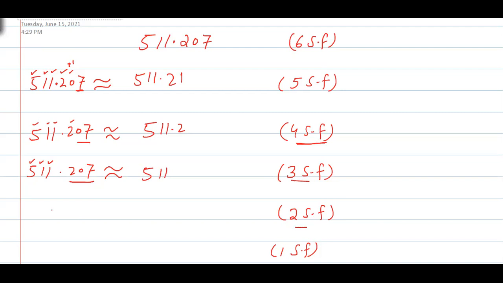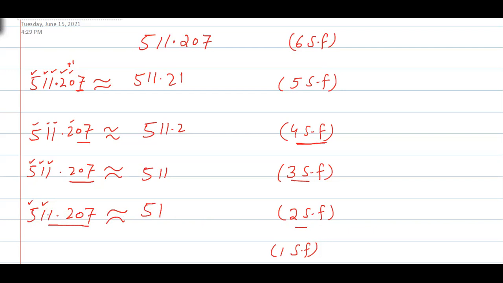Now for 2 significant figures, here it will be a little bit tricky, and most students get confused with this step. First significant and second significant, and I have to ignore these. After 2 significant figures, the next digit is 1, which will not put any effect, so it will be 51. But look, 51 and 511, a large difference is there. The magnitude should be almost near to that one.